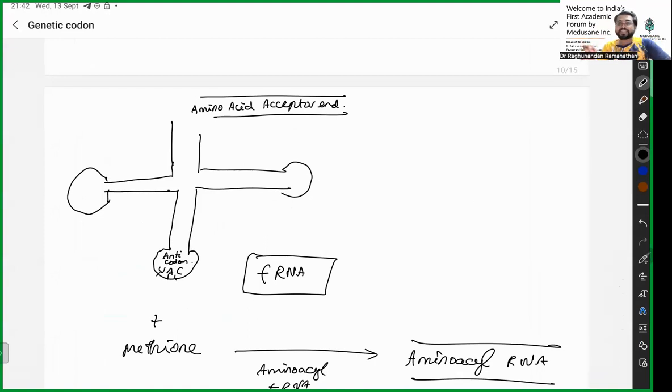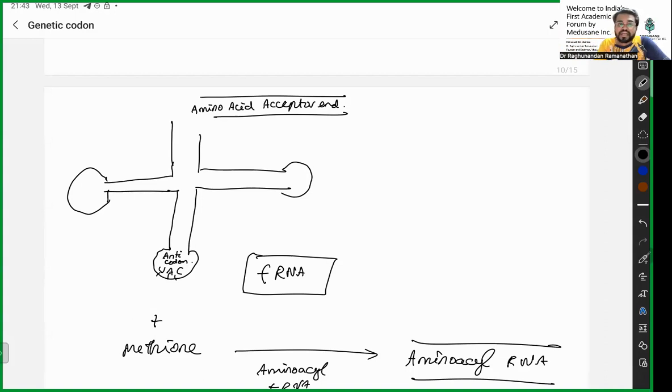So what happens is, at the end of your transcription, you're going to have mRNA. This mRNA is going to be coded with a certain sequence that is required for the synthesis of new protein or new enzymes or so. All the building blocks of our body are going to be from this process. From your gene, from your DNA, mRNA is formed, and this mRNA consists of codons that are helpful in the formation of proteins and enzymes. So how are these codons in your mRNA helpful in producing a protein?